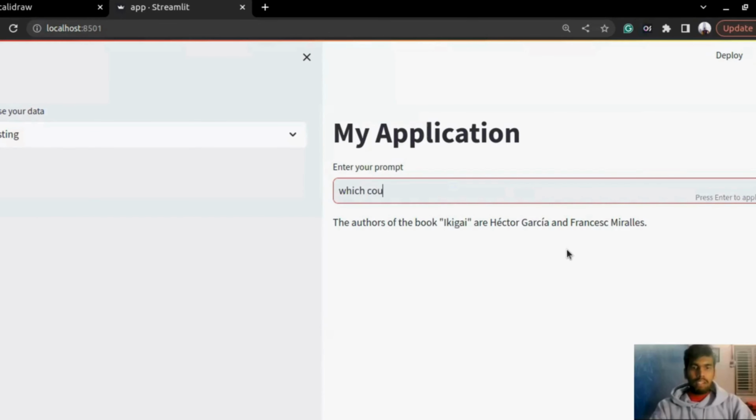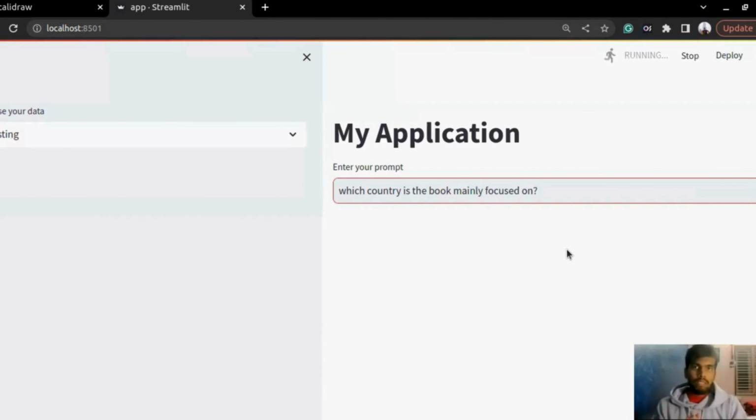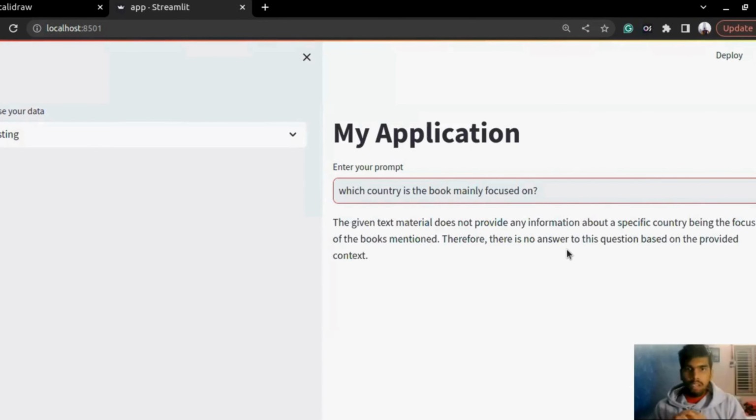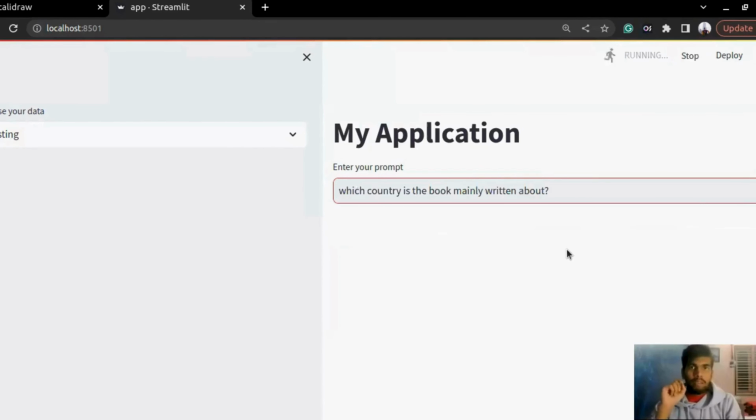Which country is the book mainly focused on? So I probably need Japan as my response. So let's see if it is giving Japan as the response. The given material does not provide. Which country is the book mainly written about? So there is one more feature that we need to add, which is